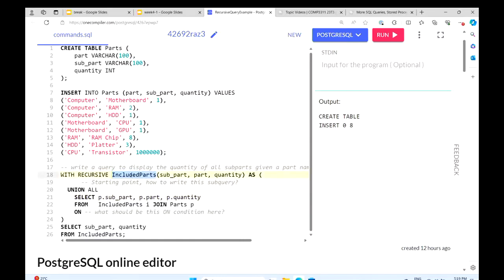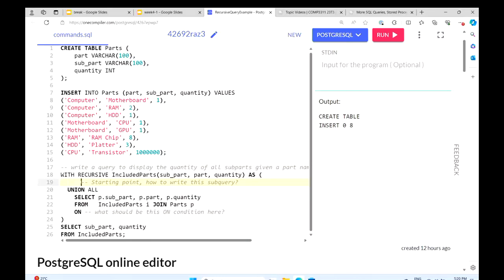We are trying to include subparts level by level recursively. And it should contain subpart, part, and quantity, which is the same as the original table. So we should have one query to set up the initial state, and a secondary query to update the states.